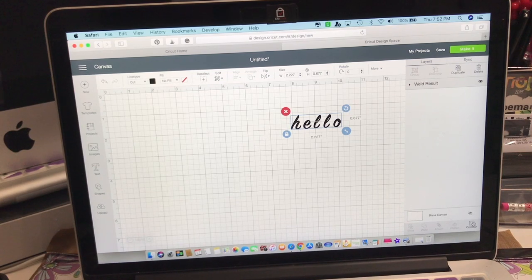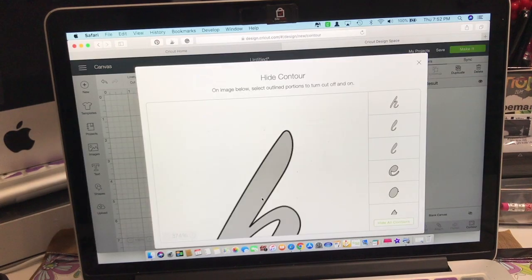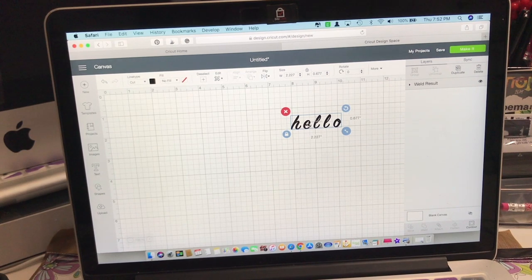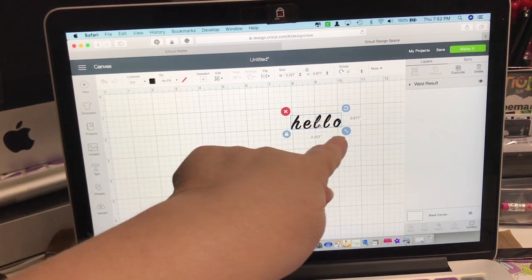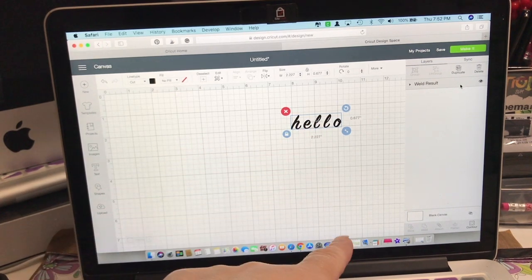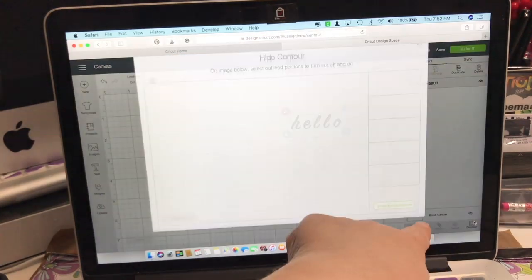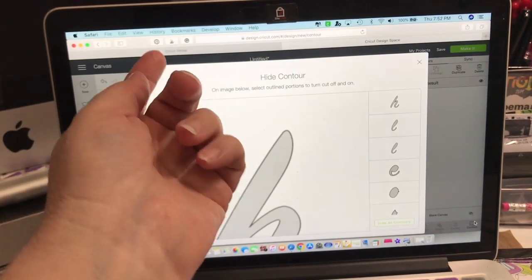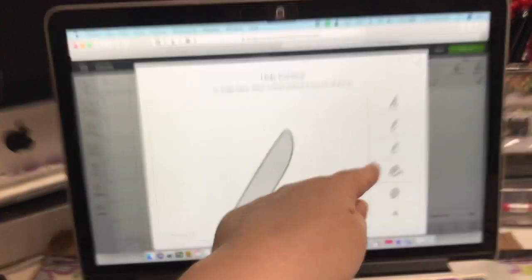Contour allows us to take off edges that we don't want. So here, to hide the contour, it says on image below, select outline portions to turn cut off and on. So here, as you can see, before the hello, let's just go back to hello. So here we have a space in the E and the O, there's an opening, as well as the L's. So by clicking on contour, what we are able to do, if we wish, is to not have